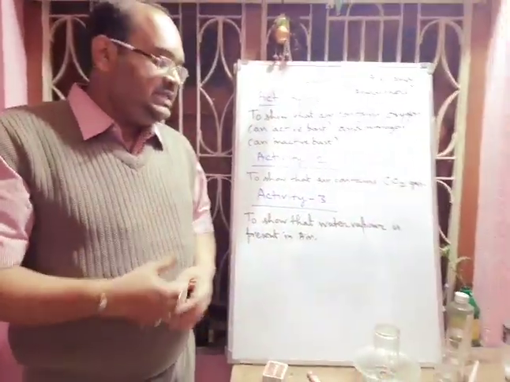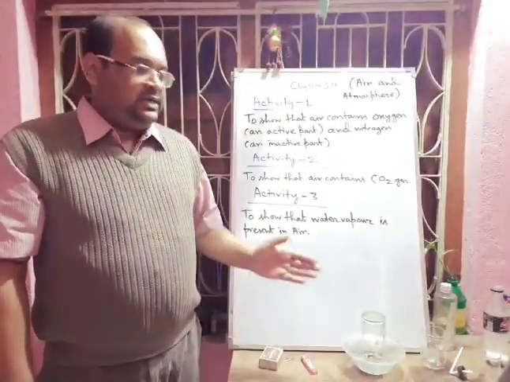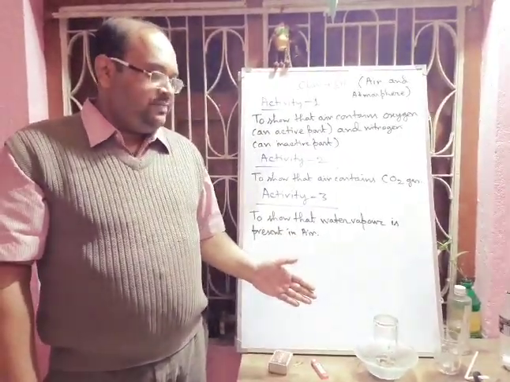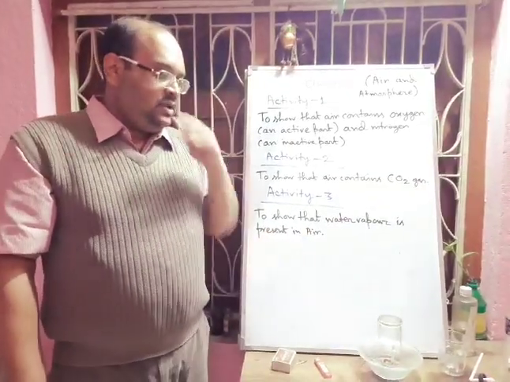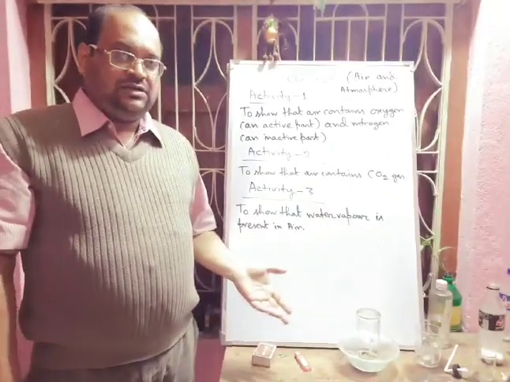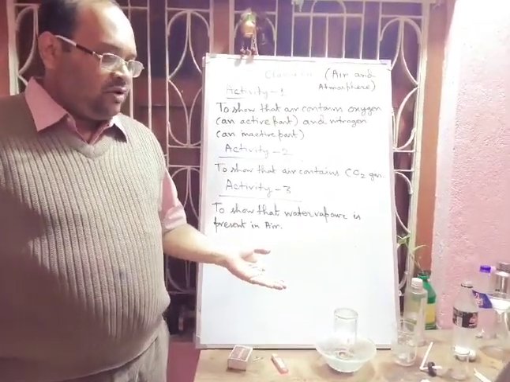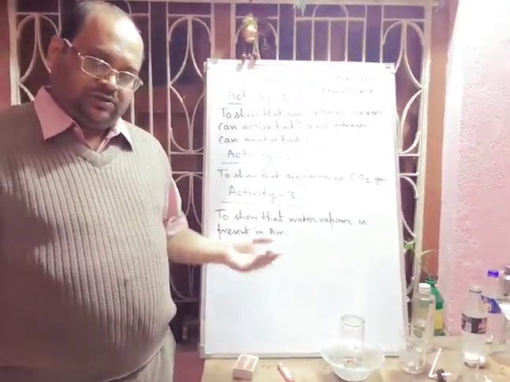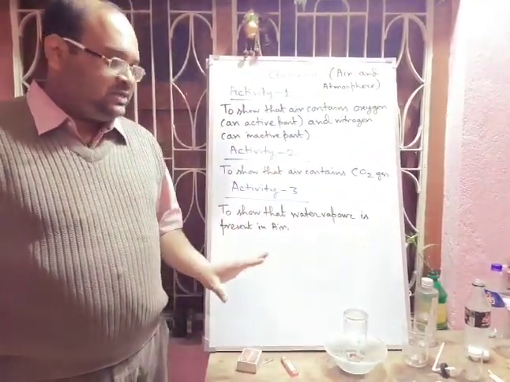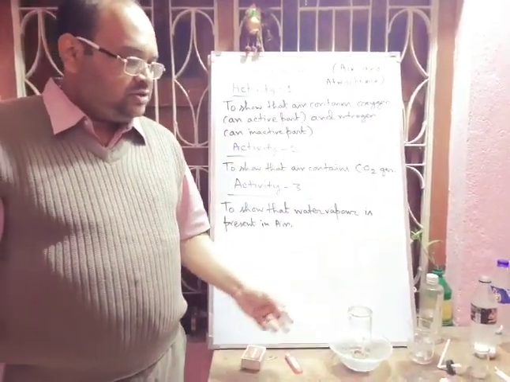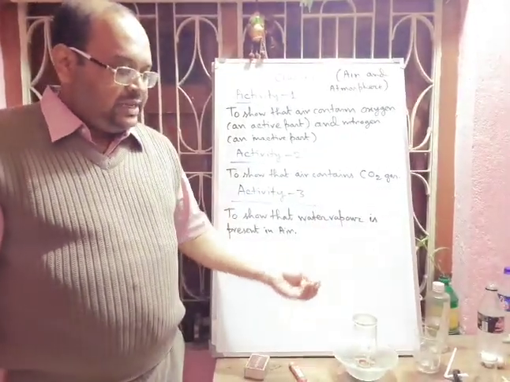So here what will be the observation? Your observation is that the water level rises when we are burning the candle, and we have already told that the candle is wax. Wax is a hydrocarbon containing hydrogen and carbon, and that reacts with oxygen, forming water and carbon dioxide gas, and this oxygen volume will be consumed. Whatever oxygen is present in air, we know that 21% oxygen is there, so it will be consumed, and definitely there will be one vacuum, and the water will enter inside.